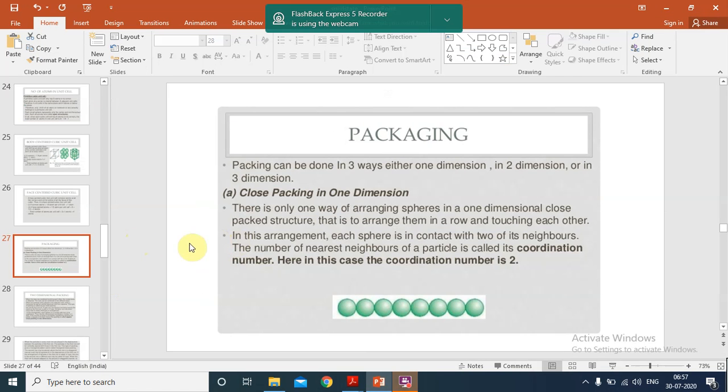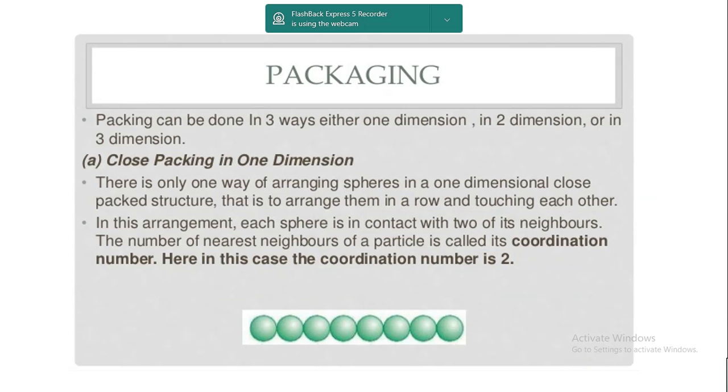Hello. So, in the previous lecture, we have studied about kinds of solid, that is crystalline solid and amorphous solid. Then we studied about unit cell, and we studied that 14 kinds of Bravais lattice are possible. Then we have studied about cubic unit cell, body centered unit cell, and face centered unit cell. And we saw the video of how the atoms or the particles are arranged in that unit cell.